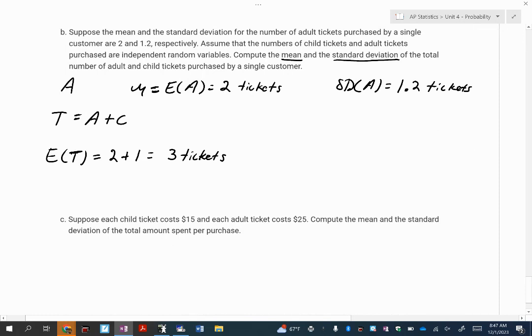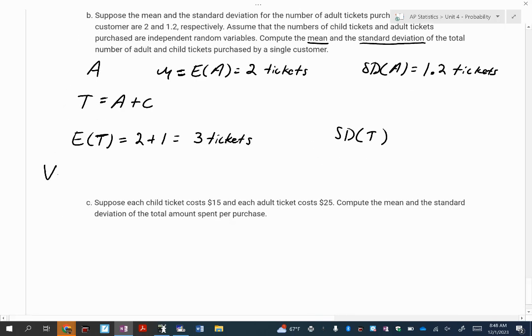Now I'm going to find the standard deviation of T, which means I'm adding them together. But this is where we're all going to mess this up. All of us got it wrong yesterday on the Kahoot. I'm finding standard deviation, but I should be thinking about doing something with the variances. I know I am adding, but if this had said find the difference, I would still be doing addition with the variances. So I need to add the variances.